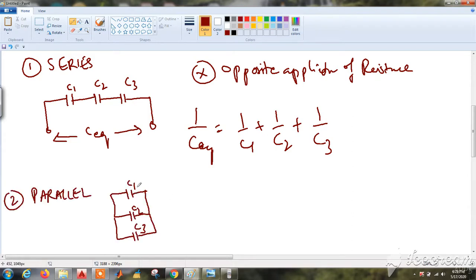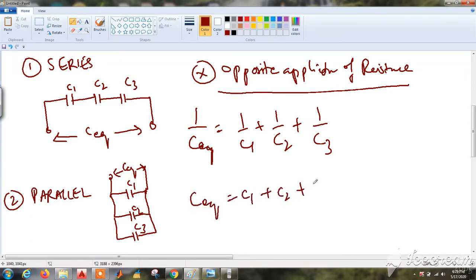Now, second, coming to the parallel connection of capacitors, you need to know the C equivalent of capacitors connected in parallel. We have to do exactly the opposite of what we used to do with resistances. Series connection of resistances, we used to add them. The same is the case in capacitors when they are connected in parallel. So C equivalent will be C1 plus C2 plus C3, just a simple addition. These are the series and parallel equivalents of the capacitors.